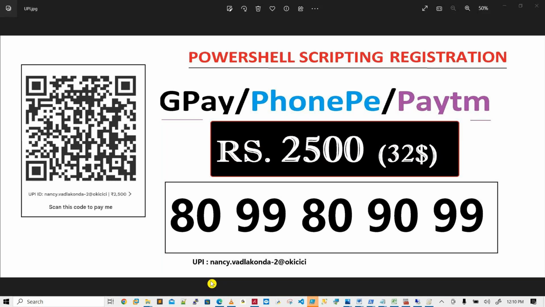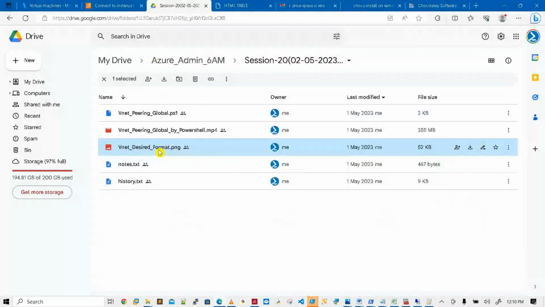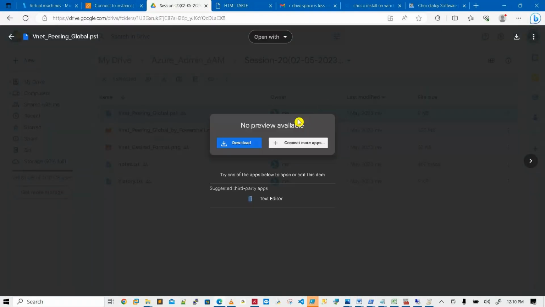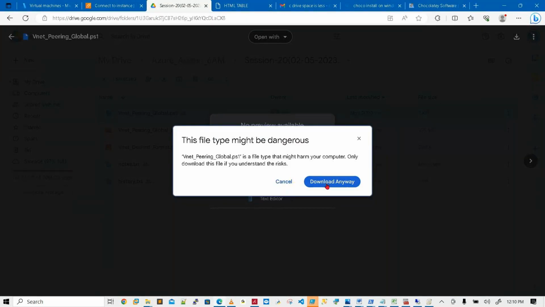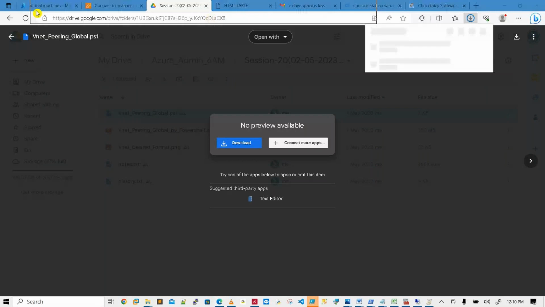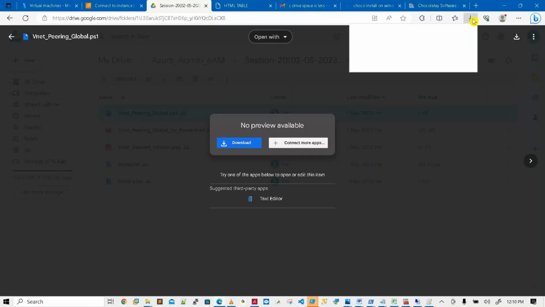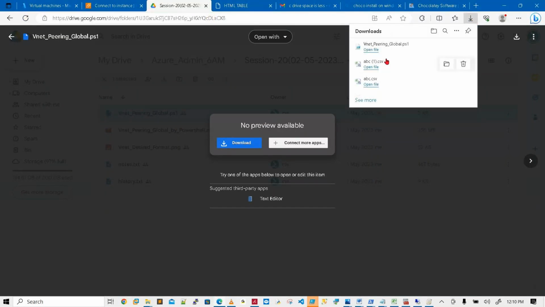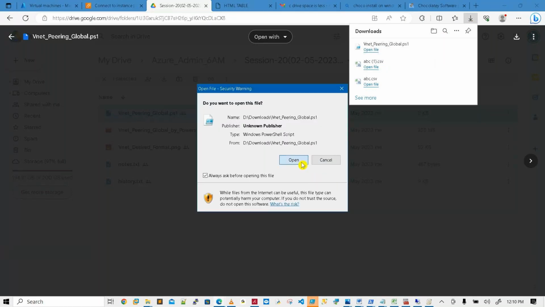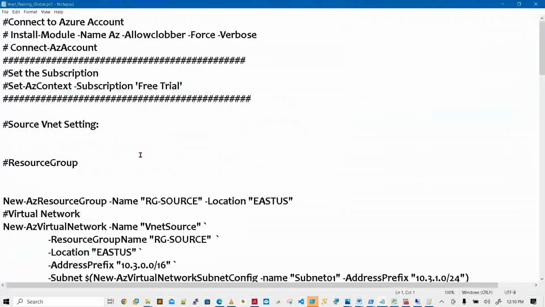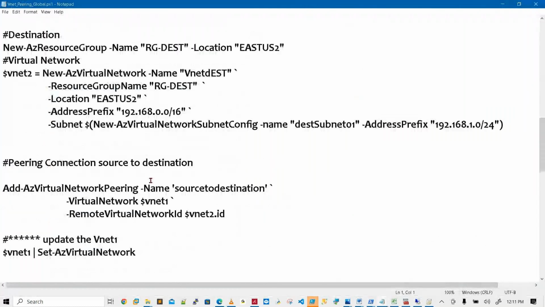Even if you see in the drive, they are not one-line commands; lengthy scripts are available. Azure DevOps is not added here, but you can use the same thing. See, is it not a one-line command? Am I right? Yes, yes.